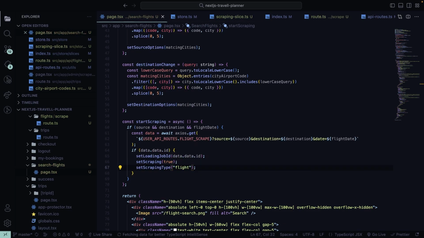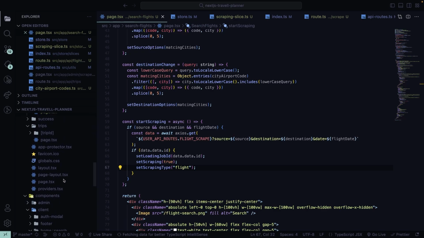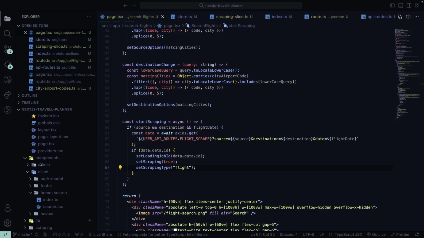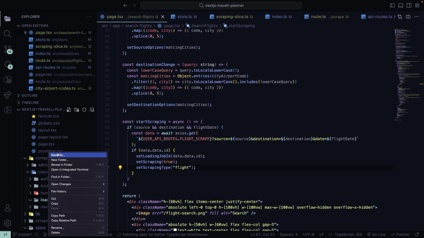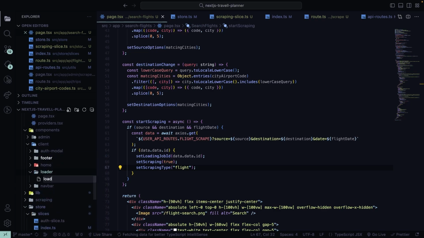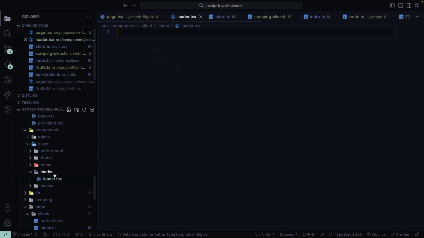So we'll let our Zustand store know that the scraping has started, and we'll write set scraping type as flight. And now we need to create our scraping components. So the loaders, inside of components, inside of client, I'm going to create a new folder named loader, and inside of loader I'm going to create a new file named loader.tsx and